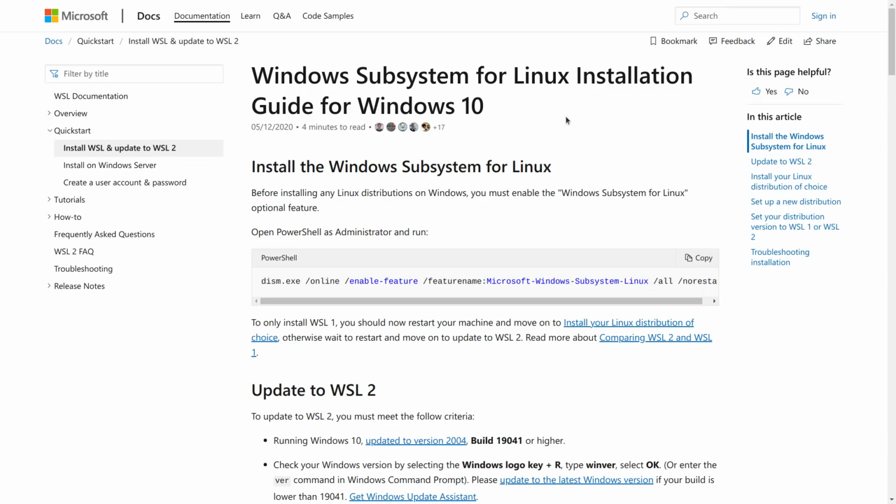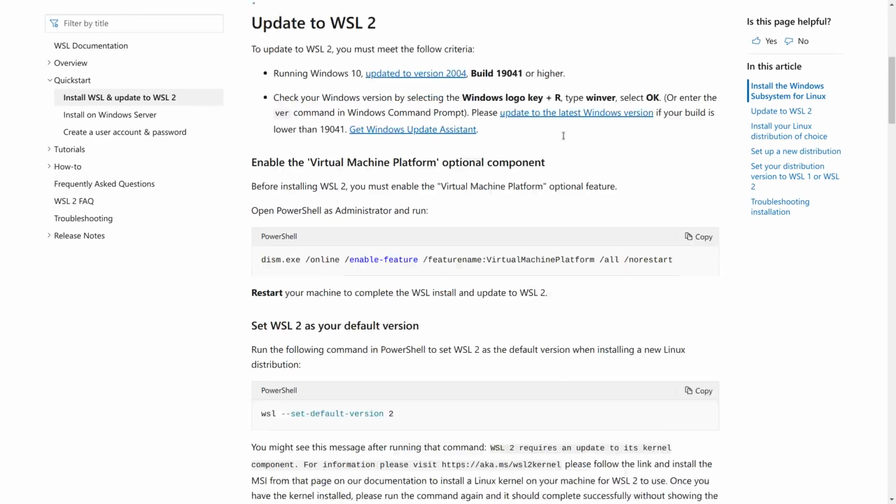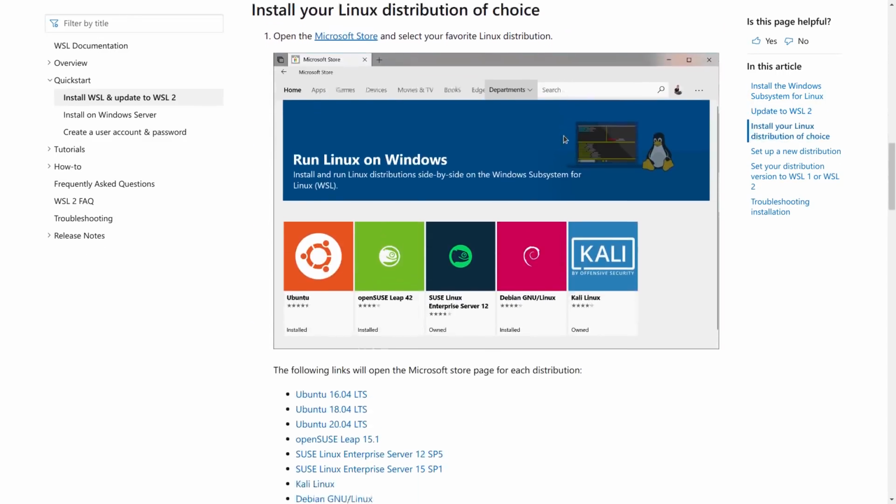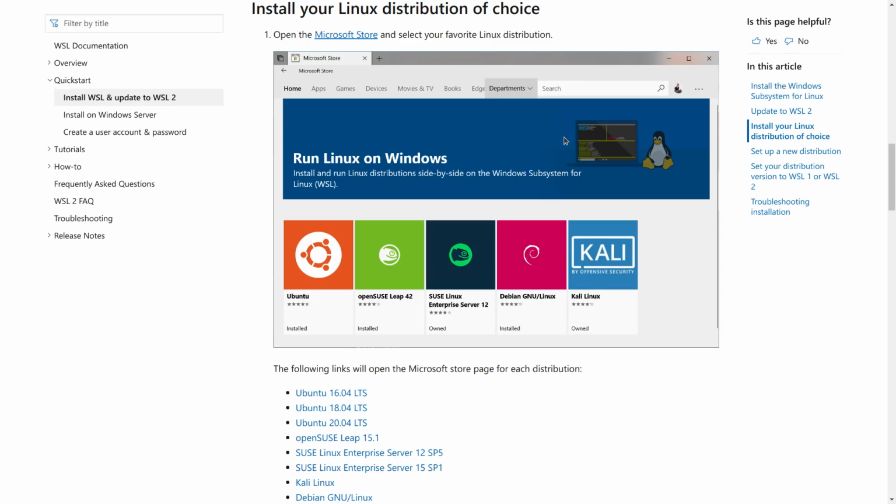Let's talk a little bit about the Windows Subsystem for Linux and what it is. The way it works is that you open up your Windows 10 machine and you install the WSL. You update it to the latest version. And then you choose a distribution of Linux that you would like to install on your machine. That could be Ubuntu, that could be Kali Linux. We've got Debian. I'm not sure how many are available. And once you do that, you will now have access to a terminal that looks and feels and works a